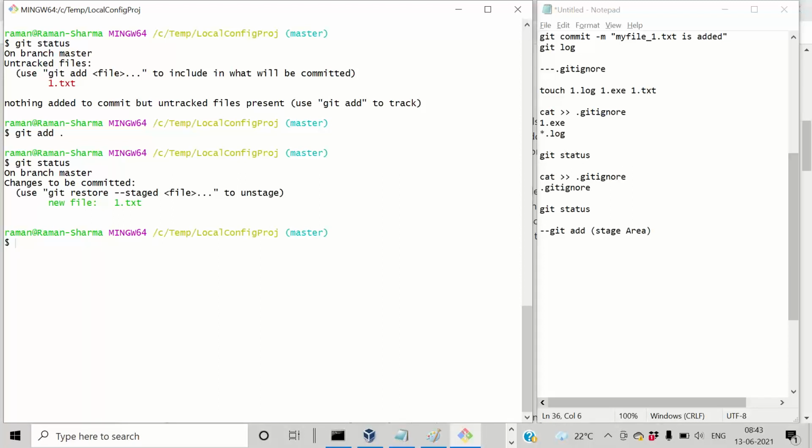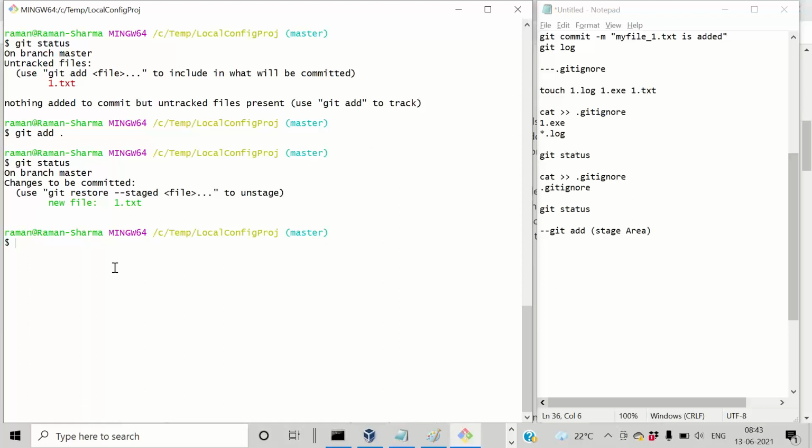Okay, sure, Rajesh. Now this file goes into the stage area and you want to revert back. You want to make it untracked. You say, oh, this is by mistake, I kept it in the stage area, I need to undo these changes. To undo these changes,